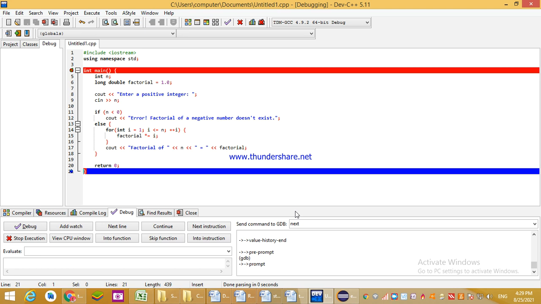Most of the time the thought comes to our mind what exactly it is and how it works. With a practical example, I am going to demonstrate how the debugger works as a system software while doing application programming.